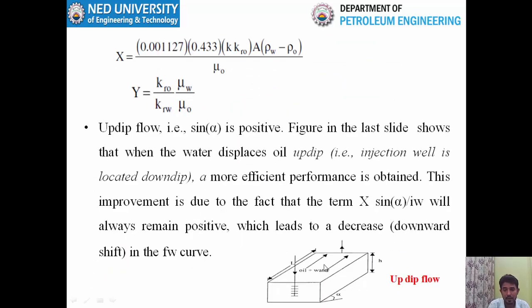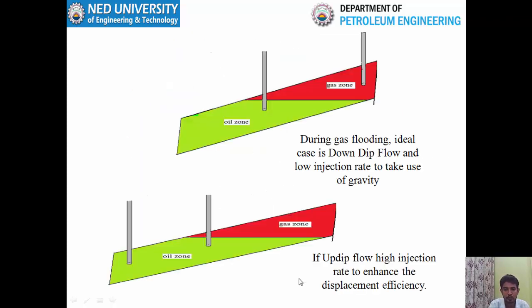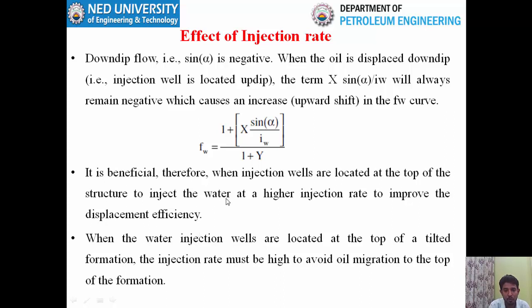For example, you have the production well at the bottom of the structure and the injection well at the top of the structure, and you know that when you inject water, the gravity will push water quicker because water has higher density. So water will bypass your oil and will reach your production well, which is at the bottom section of the reservoir. But to enhance recovery in this case, you will inject water at a higher rate to force oil towards the production well. So when you have the down dip flow of water, you will inject water at a higher injection rate to improve the displacement efficiency, and vice versa.